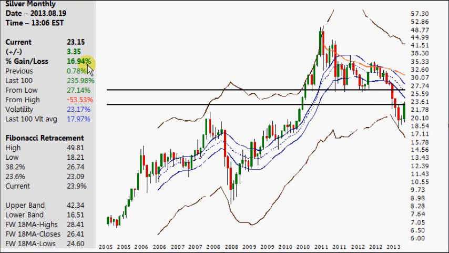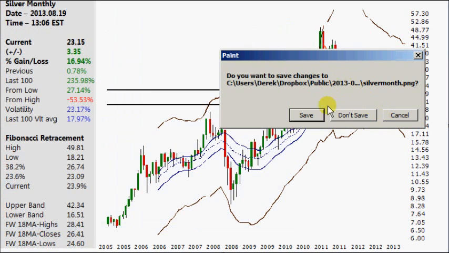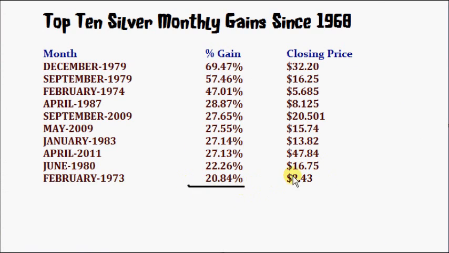And what I've compiled is the best 10 months that silver has had since LBMA started keeping data of prices going back to 1968. So this is the 548th month since then. The top is, well, we're at 17%. It's got to get above 20.84% to make the top 10. The greatest one was December of 79, up almost 70%, closing at 32.20. It did this near the top. This one in here happened in the middle of the last up move that was